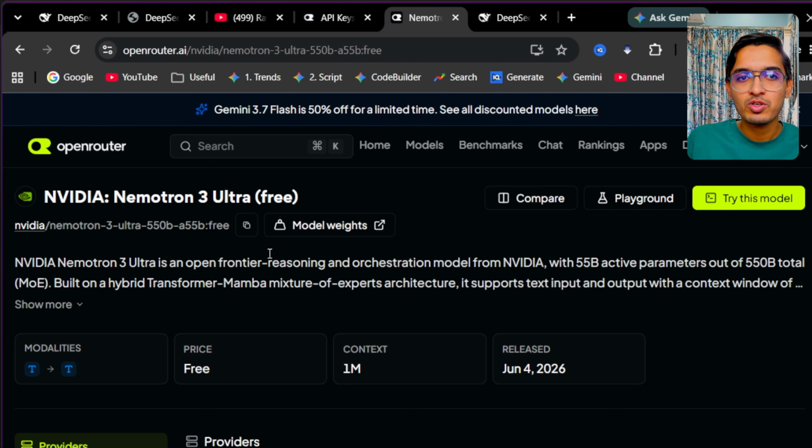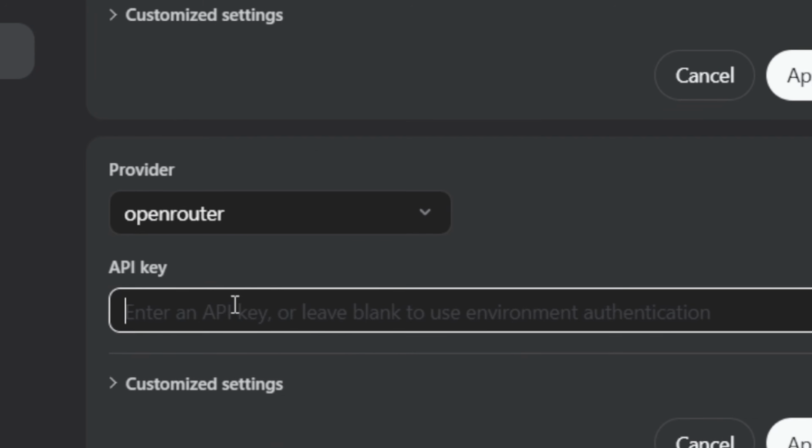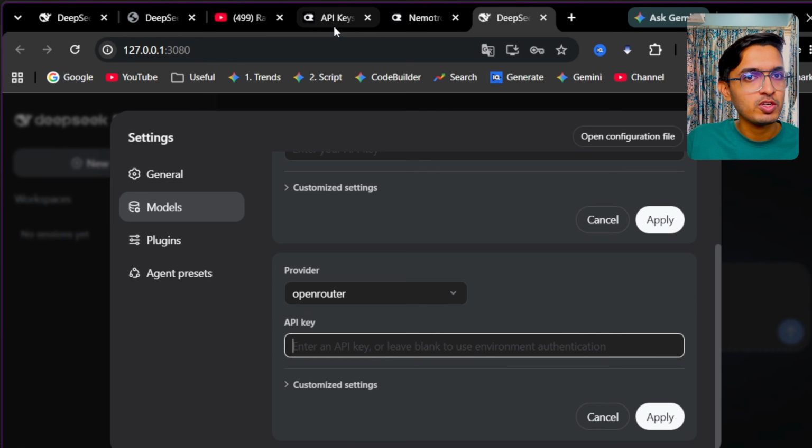So to integrate this model, we just need to copy the model ID and go to the DeepSeek Harness web UI. First you need to paste your API key that you have copied from their API key page. So here I've just pasted mine. Just take care that you should not leak this, as anyone who has API key access can use all of